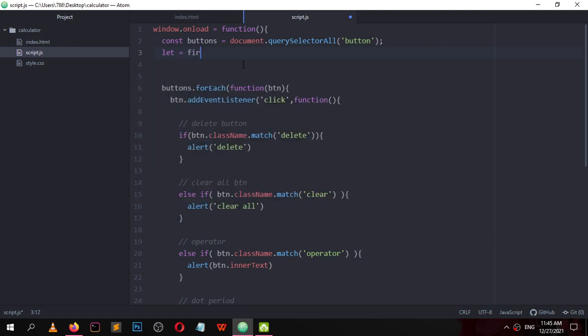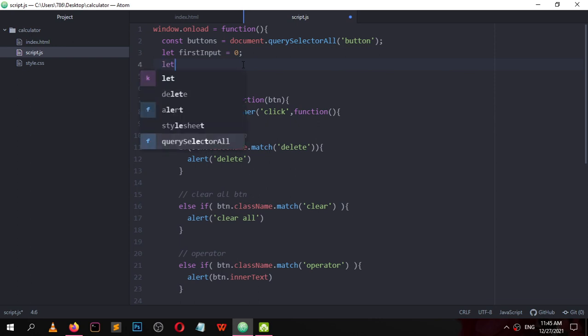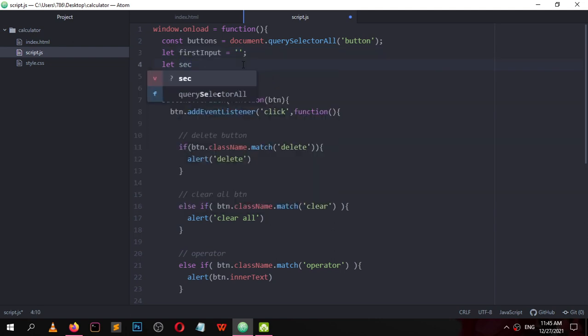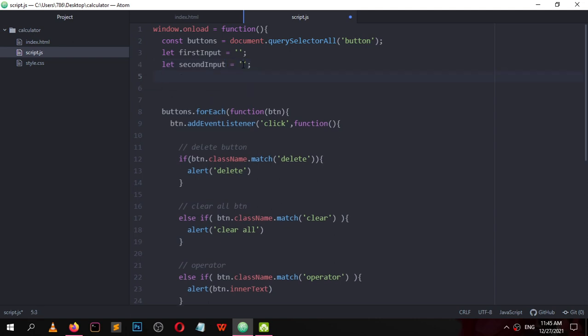Let first input equal 0 or keep it as empty string. Let second input equal empty string.